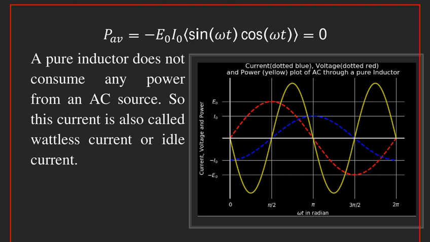So the current decreases means the inductor releases, or feeds back, the energy to the AC source. So the magnetic field in that inductor collapses, and at this point the magnetic field becomes 0. Again the magnetic field increases as the current increases towards the negative side. Whether the current increases to negative or positive does not matter, because the energy stored in the magnetic field is half L I square, where L is the inductance and I is the current, similar to half C V square in electrostatics. So in the case of a pure inductor also, the average power consumed in the inductor is 0.